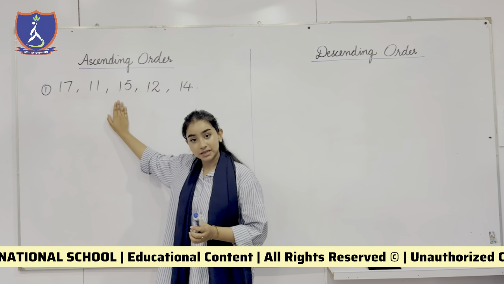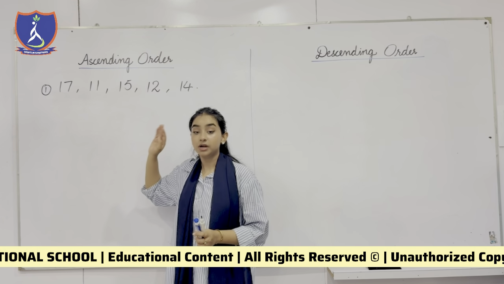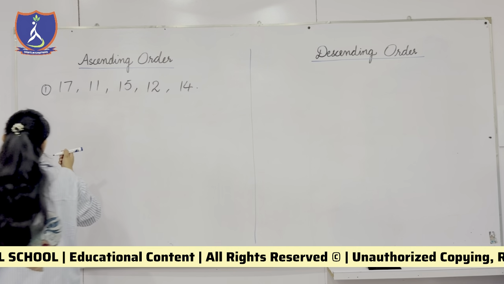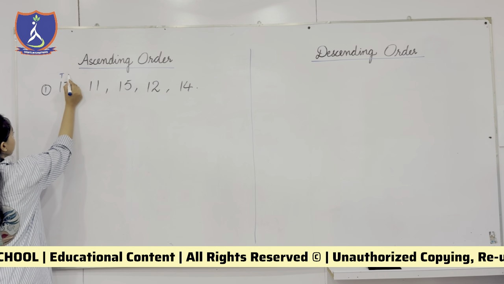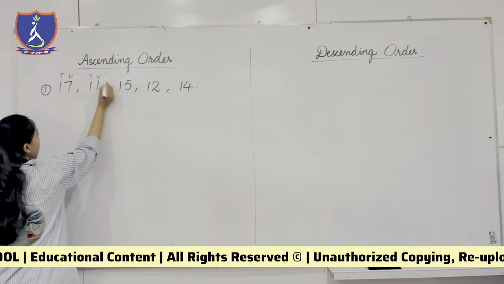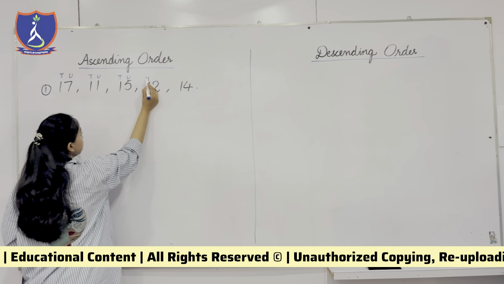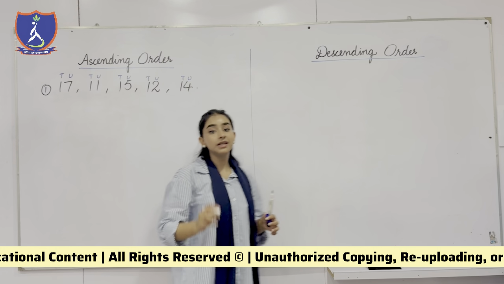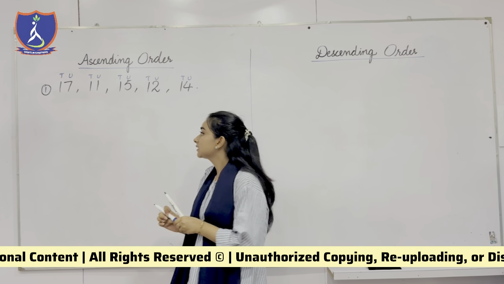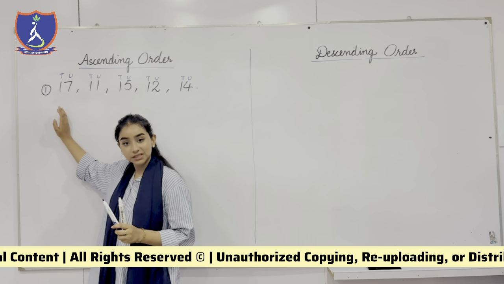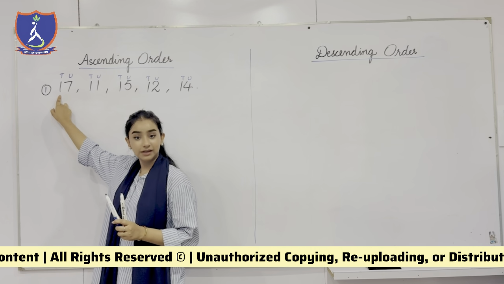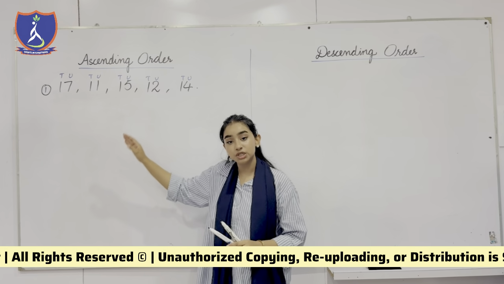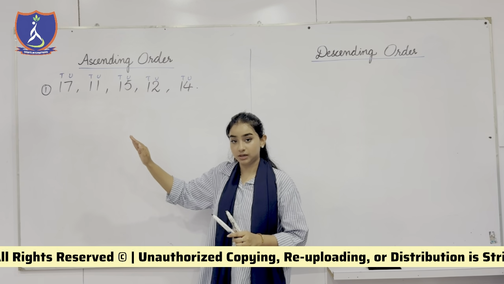When you are doing ascending order or descending order, the first thing that you will do is write the tens and the units. Write down the tens and the units on all the numbers, right? When you are done with writing tens and units, the next step is you will always start from the value of tens. Once you have written the tens and units, you always have to look at the tens first.